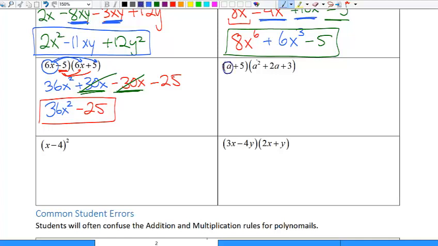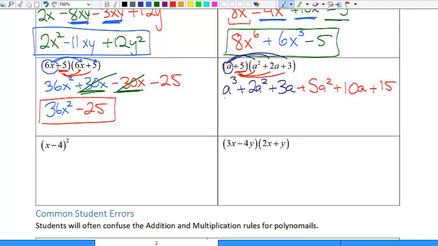On the next problem, I have a plus 5 times a squared plus 2a minus 3. So the first term, a, needs to distribute all the way through. So that gets me a cubed plus 2a squared minus 3a. So that's my first distribute. My second distribute is the 5, so it distributes to all three. So that gets me plus 5a squared. 5 times 2 is 10a. 5 times 3 is